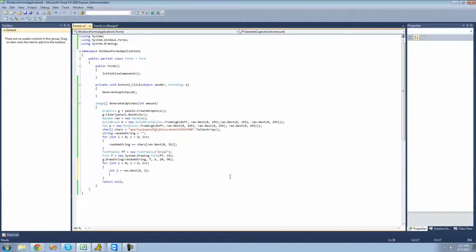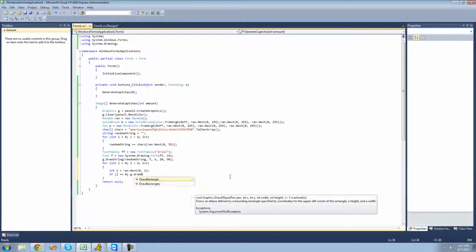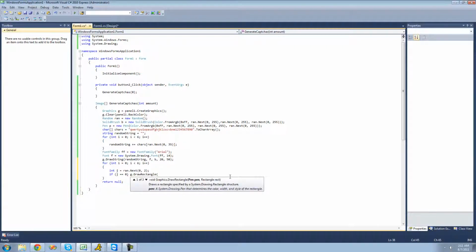Alright, and now we're just going to say if j equals 0, then we're going to be drawing a rectangle. So we're going to say g.DrawRectangle, and the pen that we're going to be using is the pen that we created up here. So we're just going to say p is our pen, and then the rectangle that we want to draw in, we're just going to want to randomly select this so it's not always drawing a rectangle in the same spot. So we're going to say